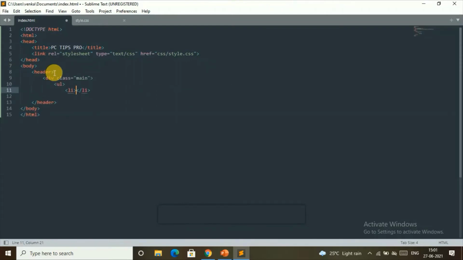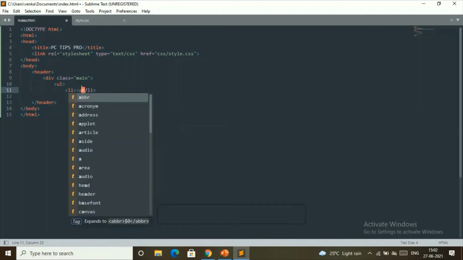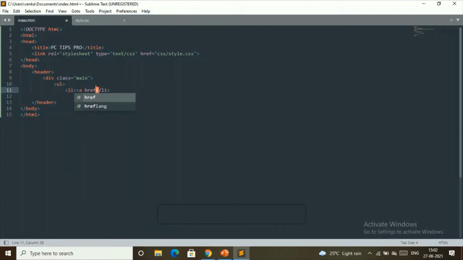So now we'll create our menu section here. The li tag is used for making lists, so I'm using this li tag to make the list of my menu items. My first menu item I'll create as a link, so I'll open the a tag, which is used for making links. Let's do it quickly.